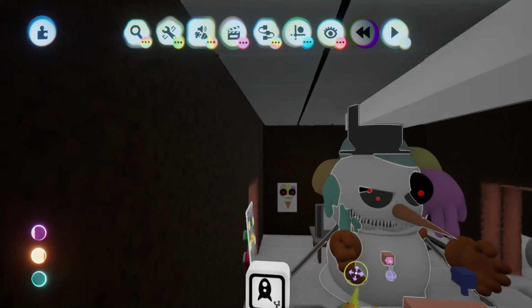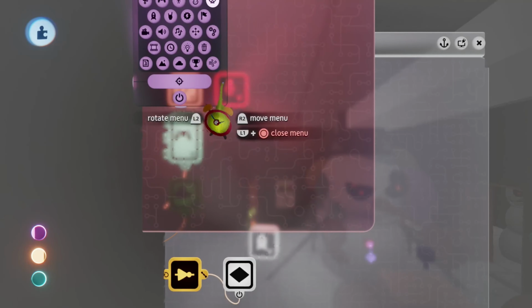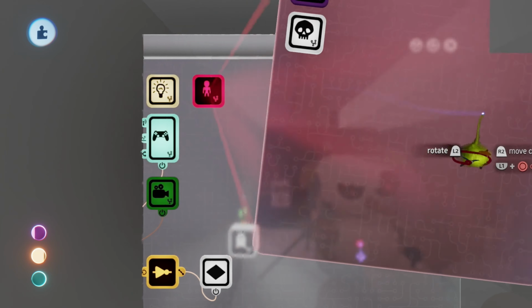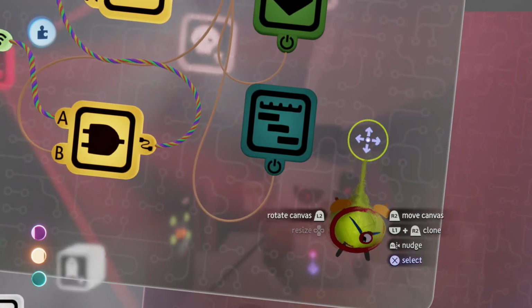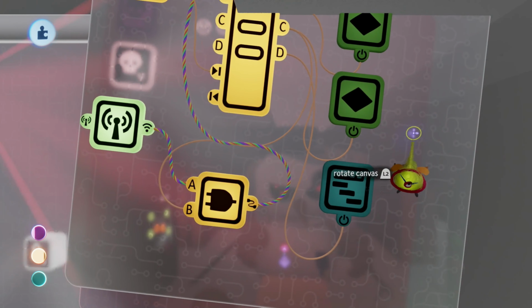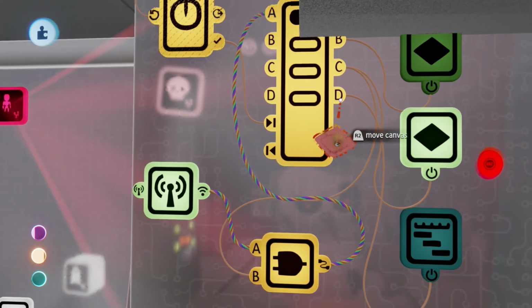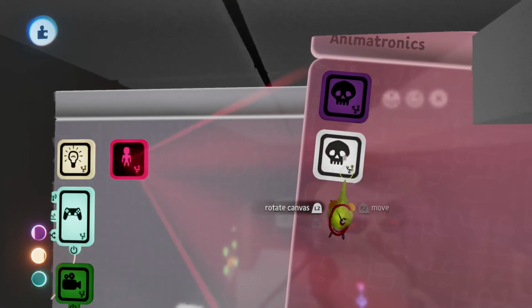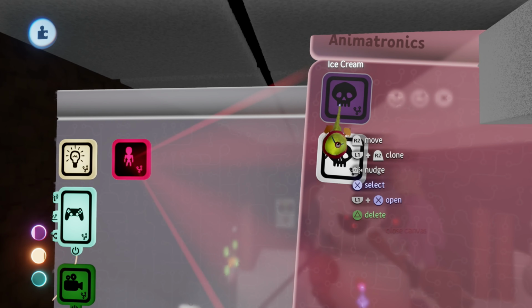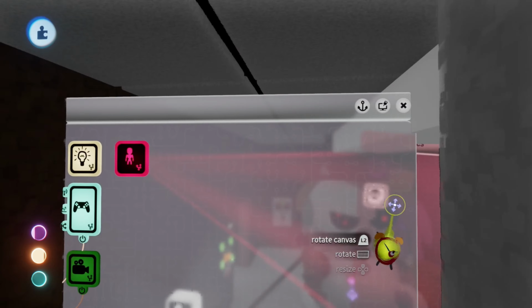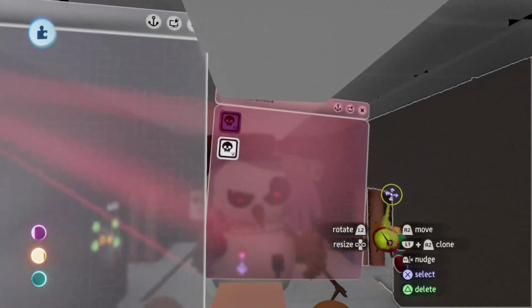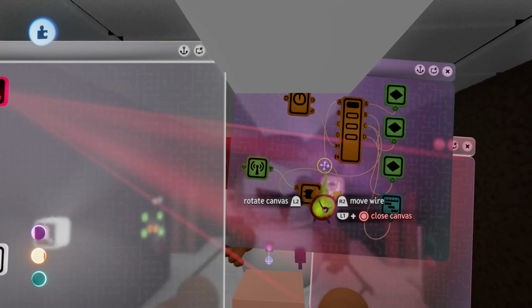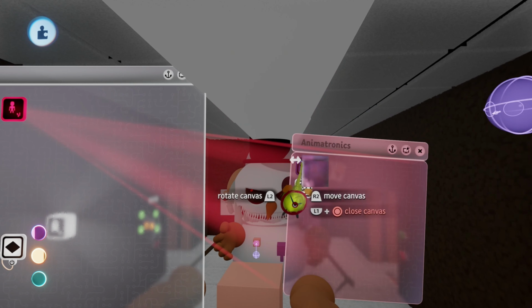And one last thing you're also probably wondering is you probably want the teleportations to be random as well. So another thing you could do, which is extremely easy, I'm gonna show you guys how to do that real quick. We could test it on the ice cream guy. All right, so I'm gonna just delete this real quick because it's in the way. All right, so pretty much what you want to do is